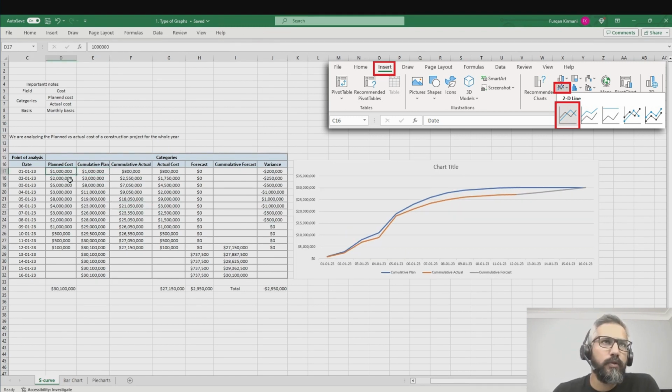the data. This was my planned cost as I'm using the previous example. I just did a cumulative value, so I add this, and the next one is this one, and I did the cumulative value till this, till here, till the delayed part of the project. Similarly, I did the same thing for this one. I use this cost